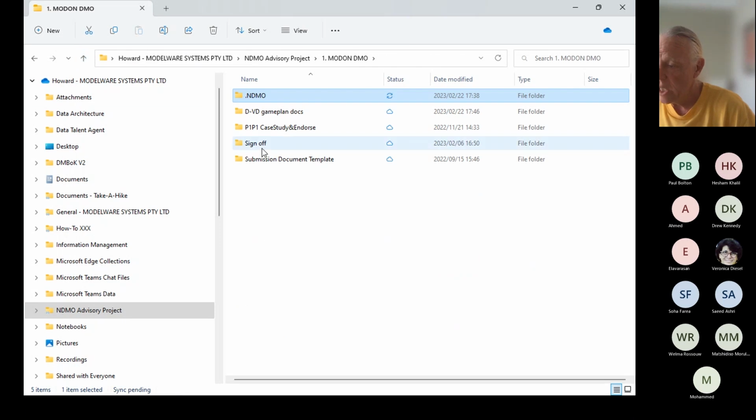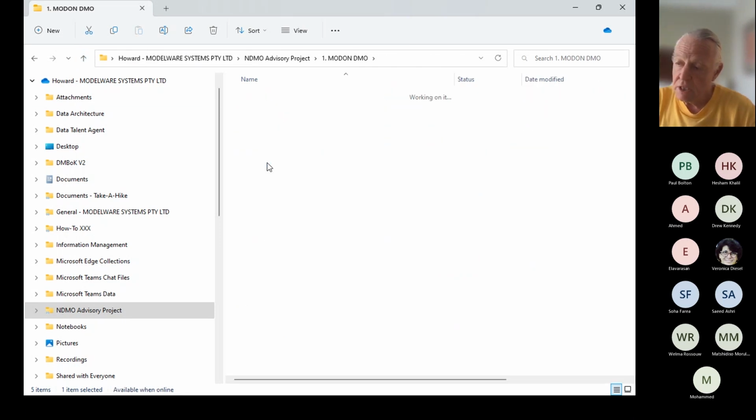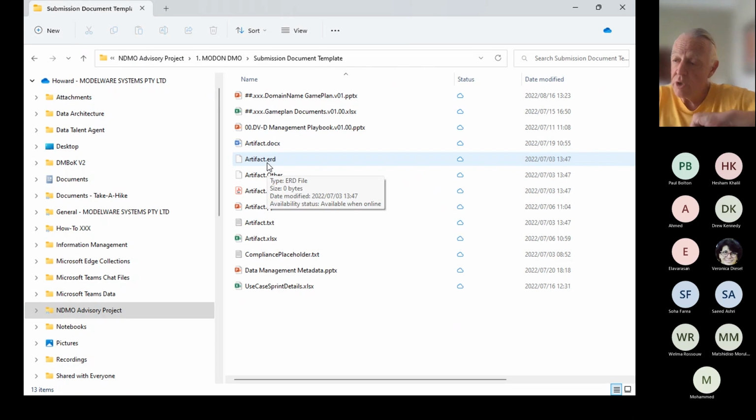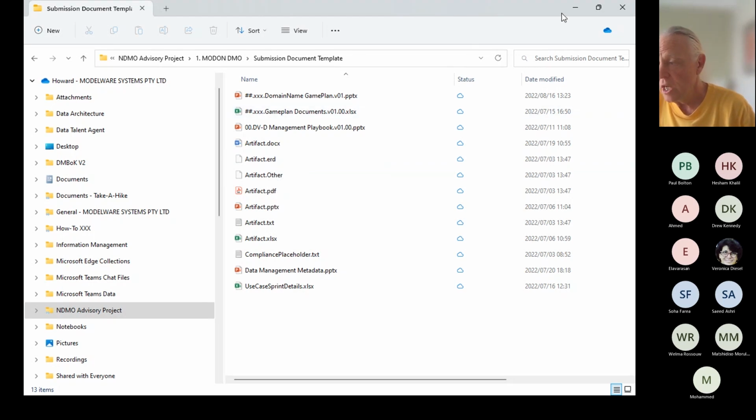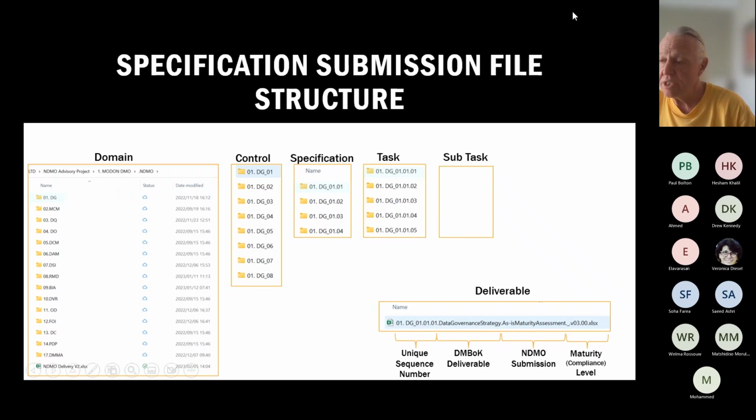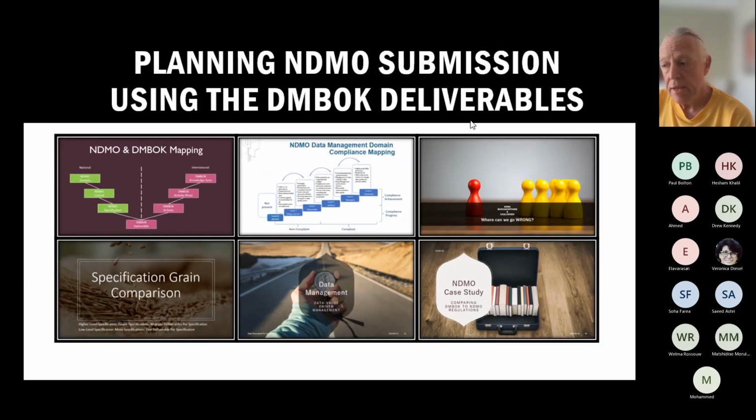And then we also had a submission document template. In some cases we would copy an Excel, in some cases it would be a Word document, in some cases a text document, in some cases a PNG or an ERD model. So we could also choose that the submission was going to be at a 0-1 level when it started off, and we would be able to create those template documents that the person submitting had to actually create for that scenario. Okay.